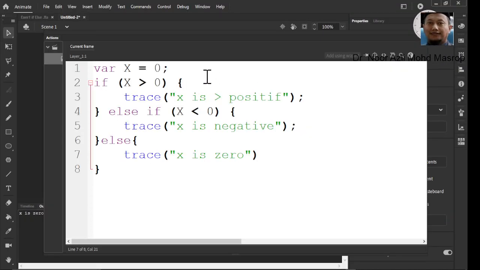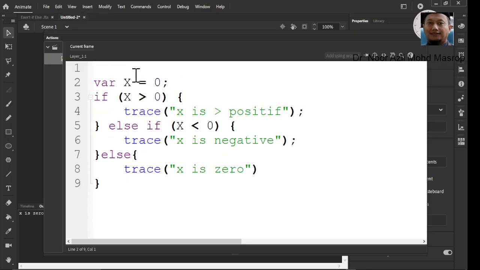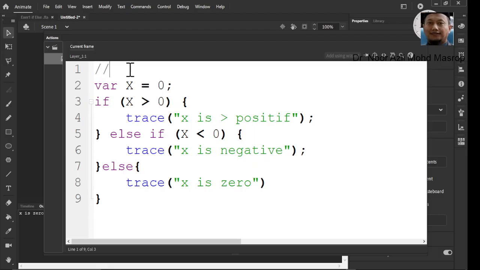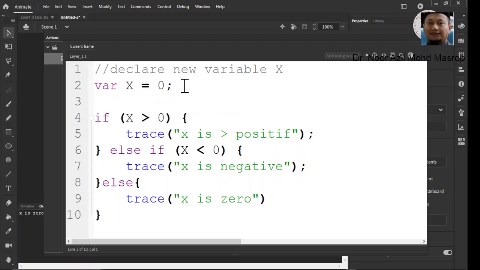To make your coding better for reading, you can add a comment here. The first one is to declare a variable. The second line is the conditional statement.